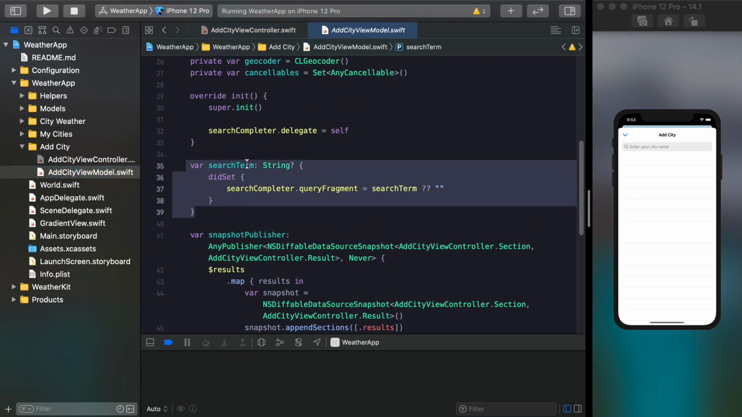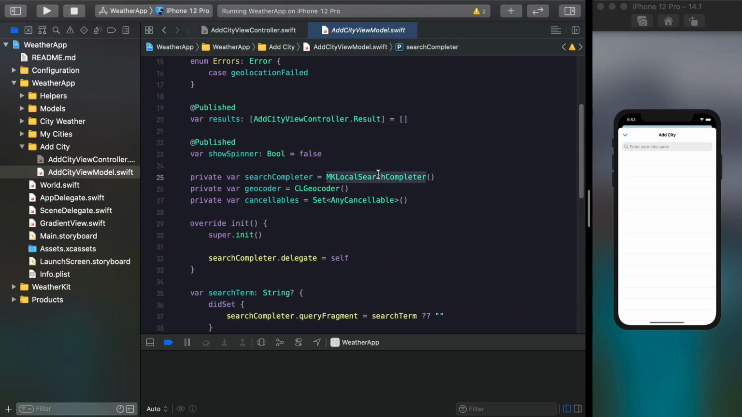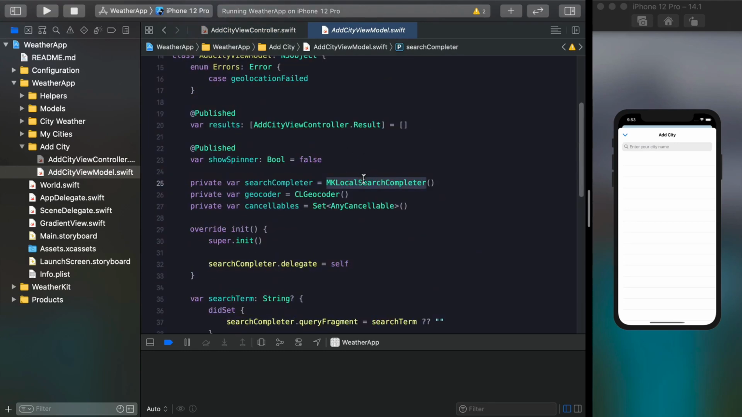That is this search term here, and that is using Search Completer. And this is a type provided by Apple in the MapKit framework called MKLocalSearchCompleter. Now, this is really meant to search for places around you, like coffee shops and restaurants and things like that. However, I'm going to sort of abuse it to search for city names